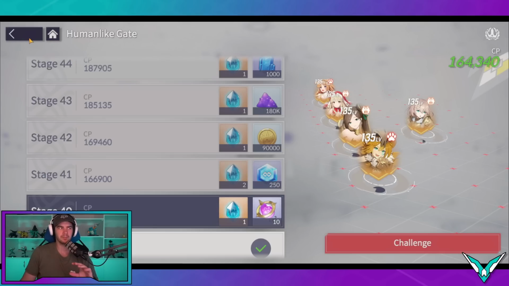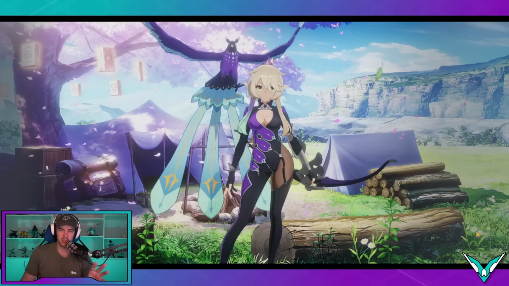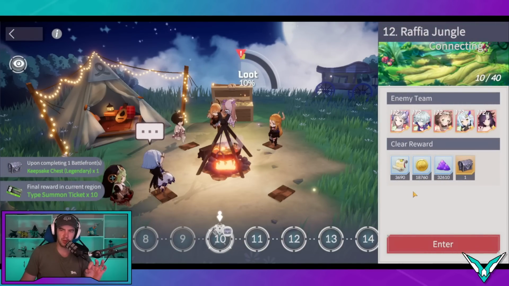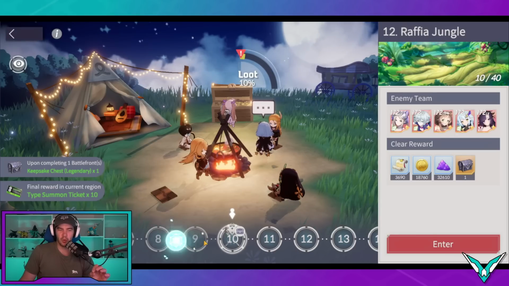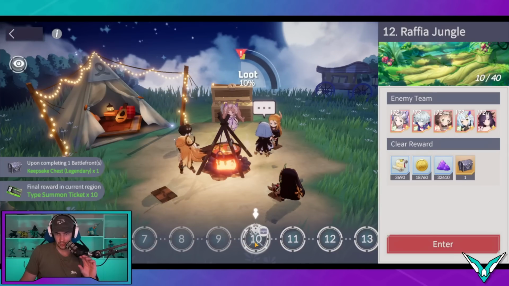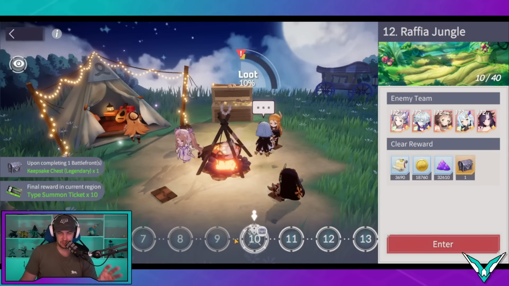Now, the next thing that I want to look at is, like I said, pushing campaign. Now, there's something with pushing campaign that you really want to optimize. So it's basically, you only want to use your mercenaries when you're absolutely stuck. I did mention this, but